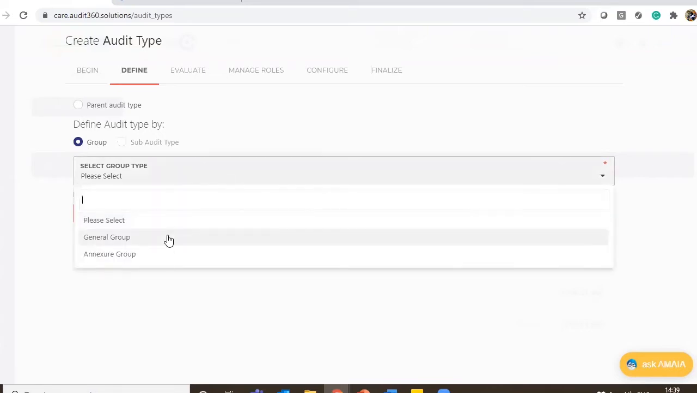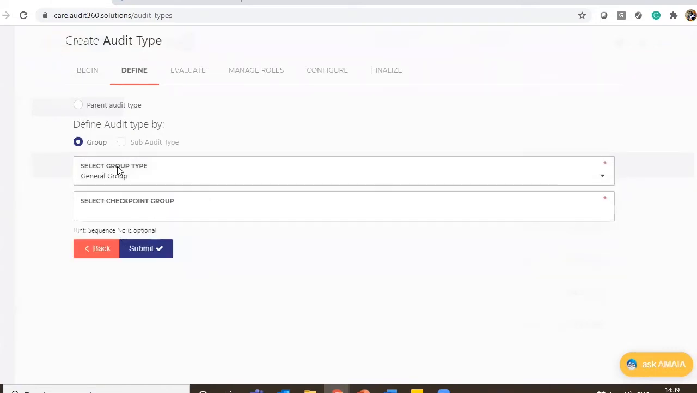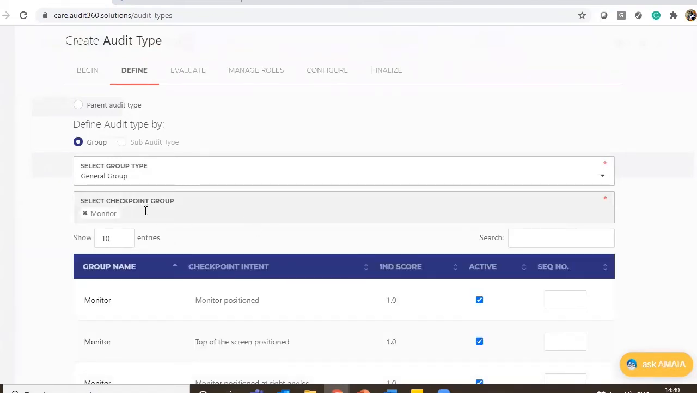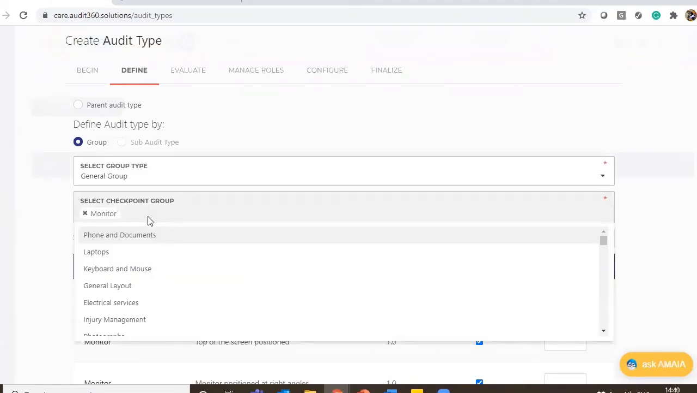If I would want to create a sub audit using an annexure, I choose annexure. If I would want to choose a sub audit using a general group, I choose a general group. Once I choose a general group, all the general groups created in the checkpoint module will be listed below. So I can choose whichever module. In case of general group, I can have multiple groups added to one sub-audit, but in annexure, a single annexure